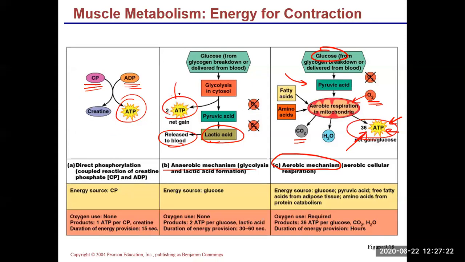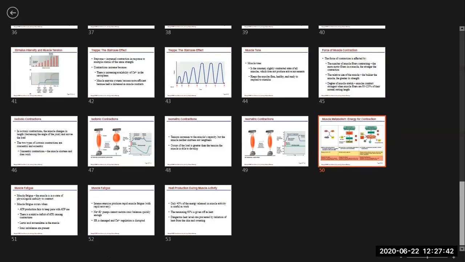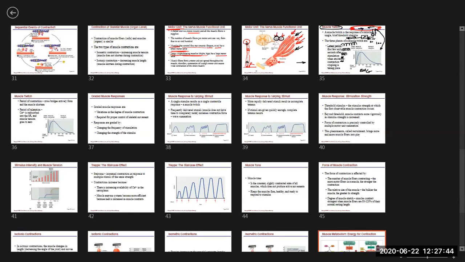Anaerobic, two ATP. We're talking about, per reaction, in this case, per glucose molecule, and then 36 ATP. So you can see that this is the most efficient way in order to generate ATP. All right. Now, let's go back and talk about